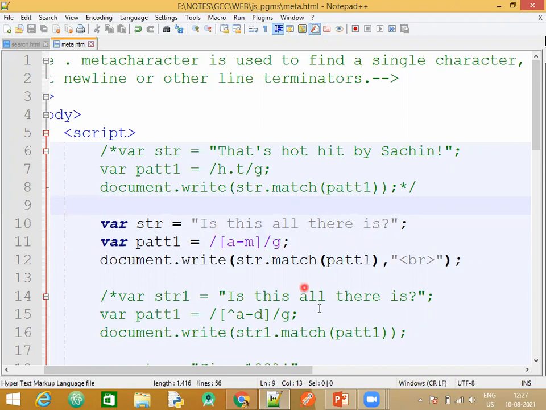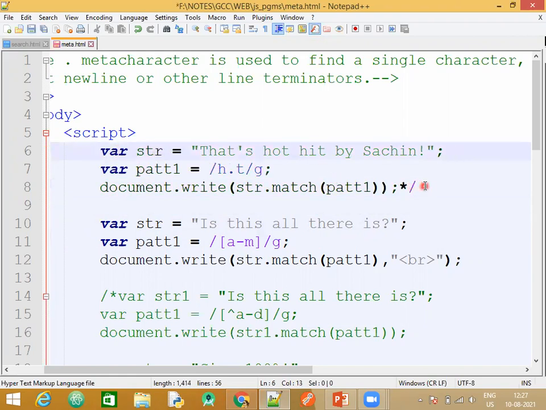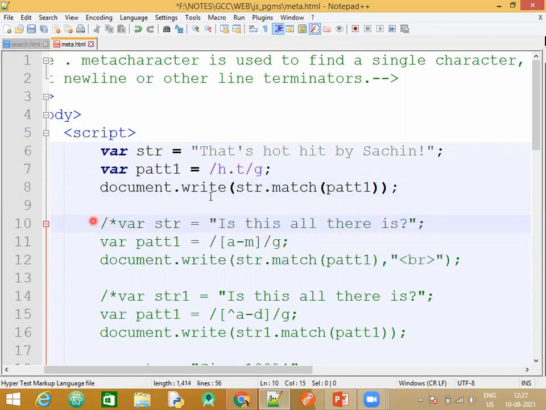Now you have another, the first example here. Let me just uncomment and have a look. Just go through the example. Now what this dot operator does, or the full stop you say usually, it is usually called here as a period. Okay. Now this period, you can see here how I have written, what is my pattern? I have written H, I have given a dot and I have given a T. Now when you do this, I am trying to tell that instead of this dot, any other alphabets that are present between H and T should be displayed.